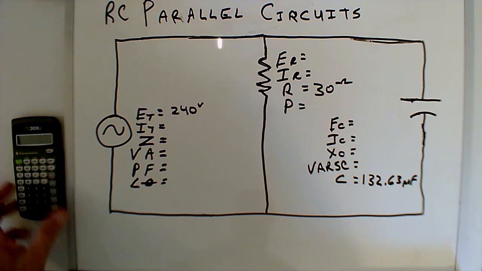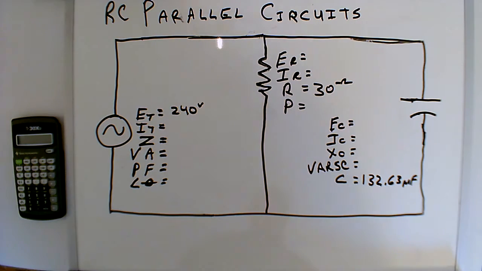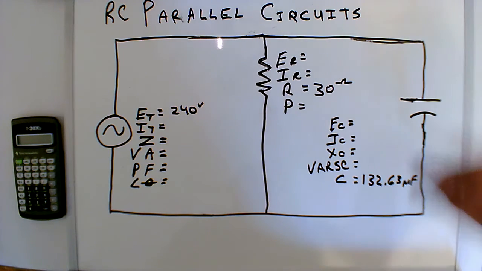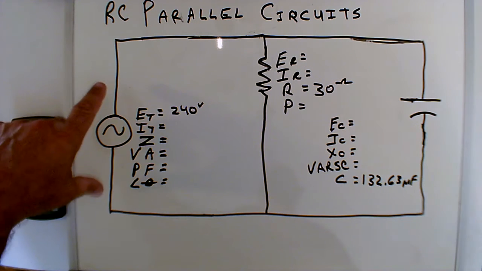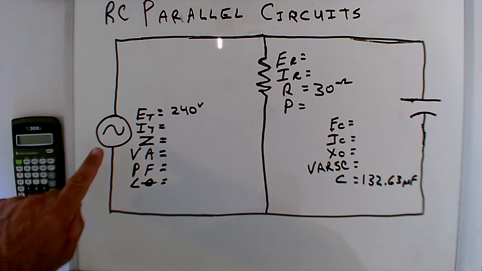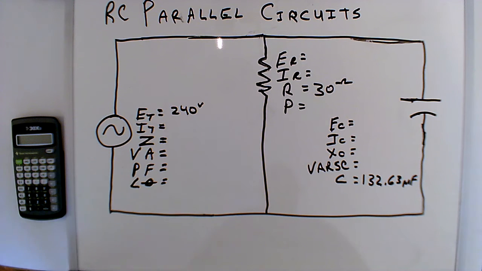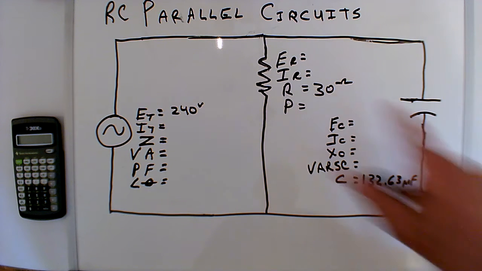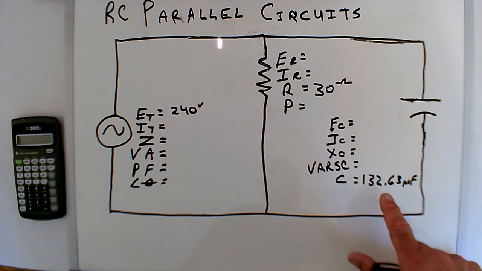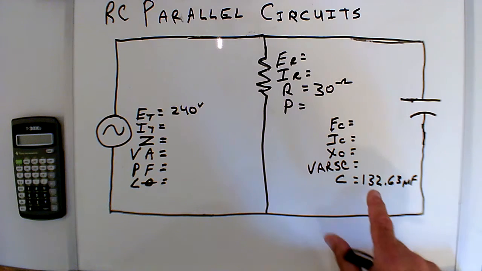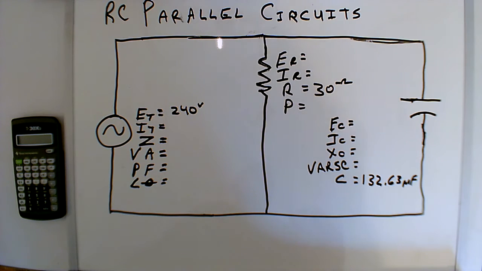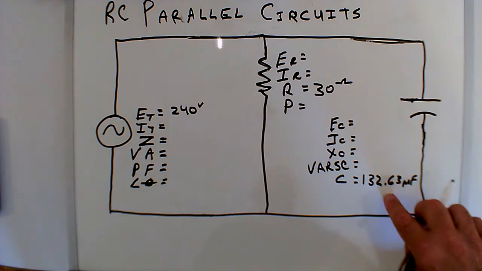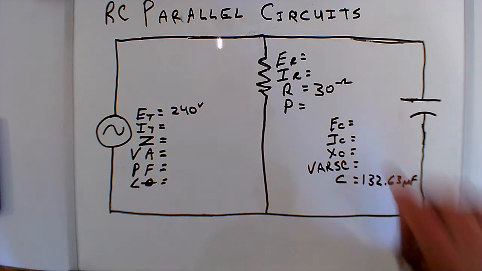Hello everyone, we're back to RC parallel circuits. So I have a resistor and a capacitor in parallel with each other, and the power supply, an AC power supply that puts out 240 volts. I've given you the value of 30 ohms of resistance, and a capacitance of 132.63 microfarads. So the first thing I'd want to do is convert those microfarads so that I could figure out